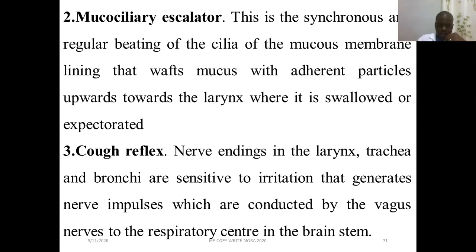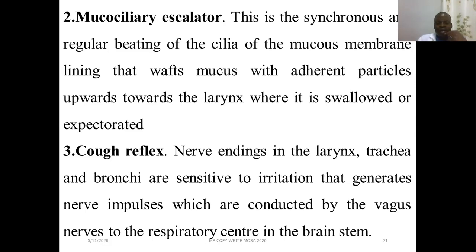This one I mentioned. We're talking of continuous secretion of mucus that keeps on trapping dust, which can be swallowed and coughed so that we prevent infections